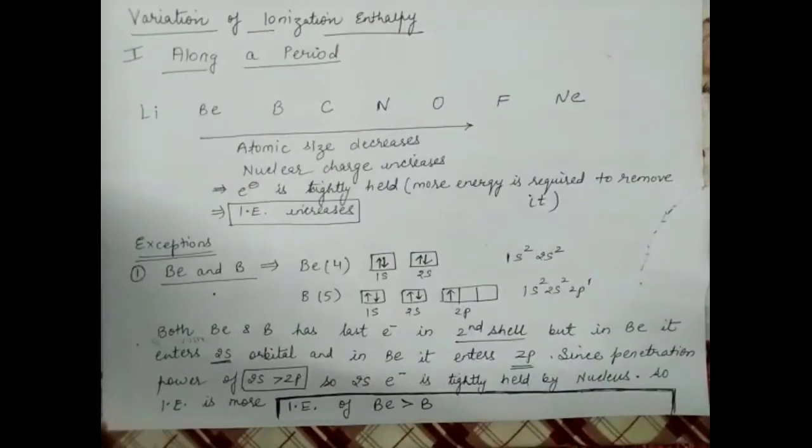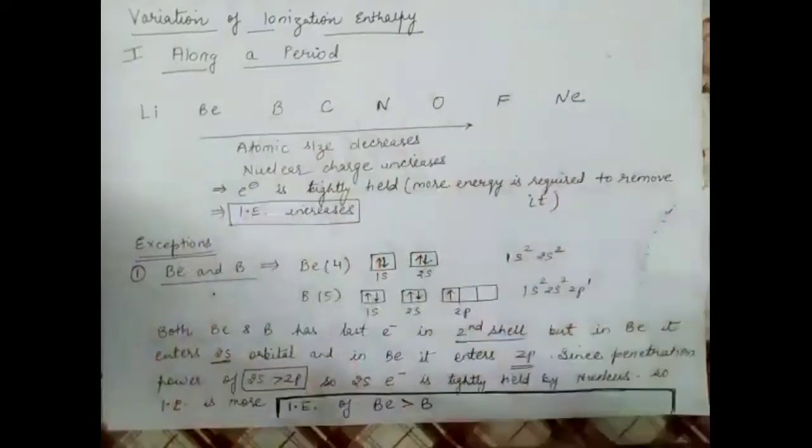So we'll be getting questions from second and third period both. Whatever variation is there in the second period, the same variation is there in the third period also. In the last class I told you that you have to learn atomic numbers up to 30. That much is required in 11th class. So now this is my second period, lithium to neon.